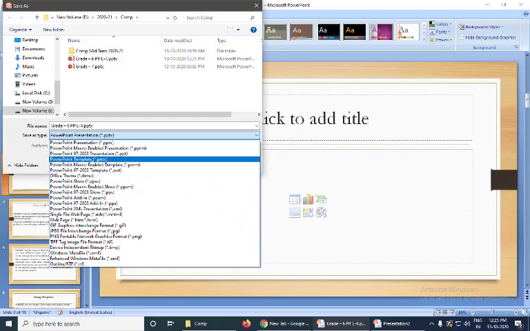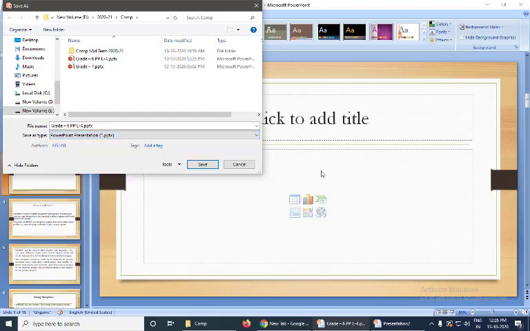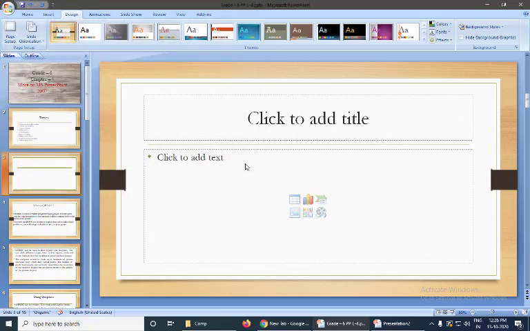See the PowerPoint template .potx. If you design your own template, then you need to save it in the format PowerPoint template. That is, the extension will be .potx, where you can use it for your future use.